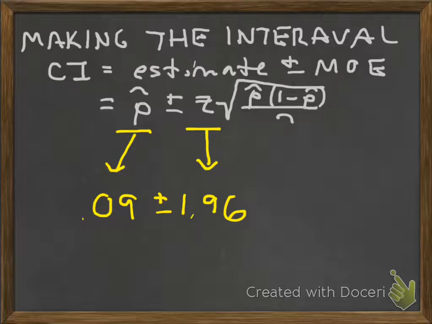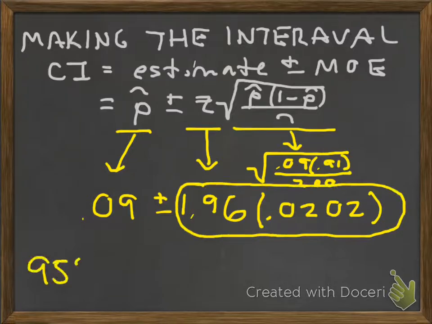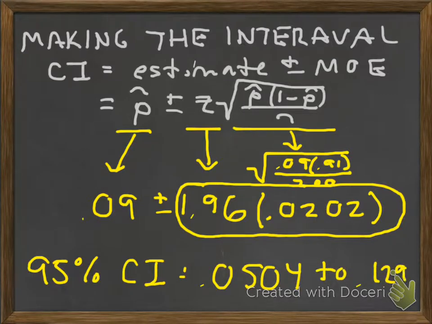And it's this last nasty piece we have to do. p hat is 0.09. 1 minus p hat is then 0.91, and n is 200. I put that in my calculator. I get 0.0202. So now we have to take 0.09 and add or subtract it from that stuff at the end, and I put that all in my calculator, and I find out that the 95% confidence interval is from 0.0504